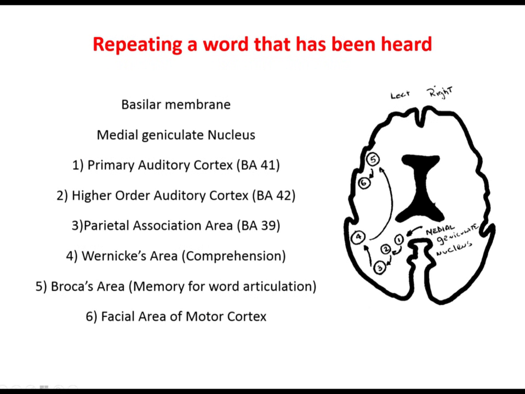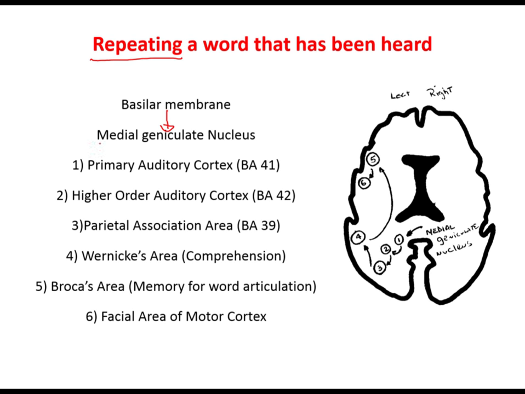Okay, so now let's talk about what happens in the cortex when repeating a word that has been heard. I'll say the word pencil, and now you repeat the word pencil. So what are the different steps that the brain undergoes? First, of course, the sound will enter the ear and vibrate the tympanic membrane. We have vibration of the basilar membrane. And from there, through the auditory nerve, the action potential is carried from the basilar membrane